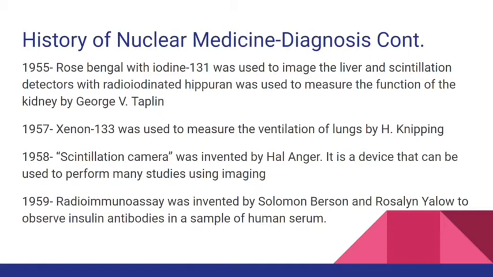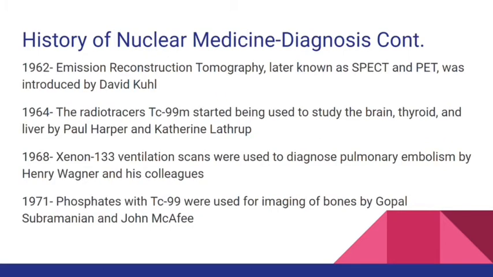It is a device that can be used to perform many studies using imaging. In 1959, radioimmunoassay was invented by Solomon Berson and Rosalind Yalow to observe insulin antibodies in a sample of human serum. In 1962, emission reconstruction tomography, later known as SPECT and PET, was introduced by David Kuhl. In 1964, the radio tracers TC99M started being used to study the brain, thyroid, and liver by Paul Harper and